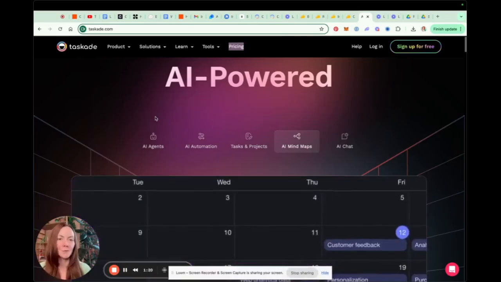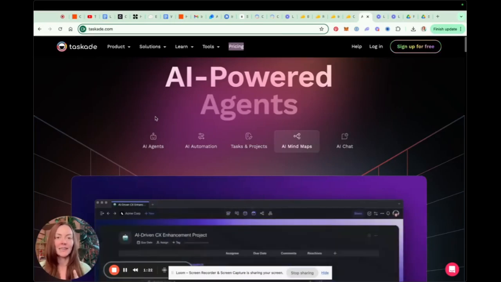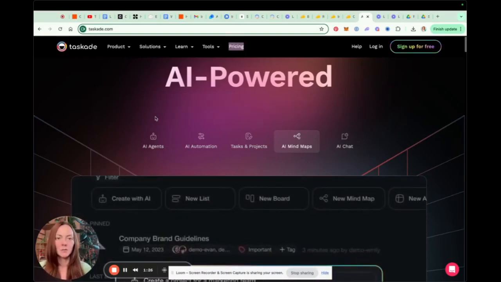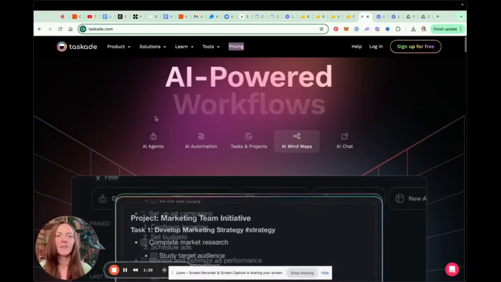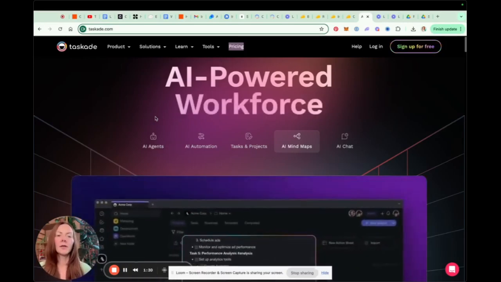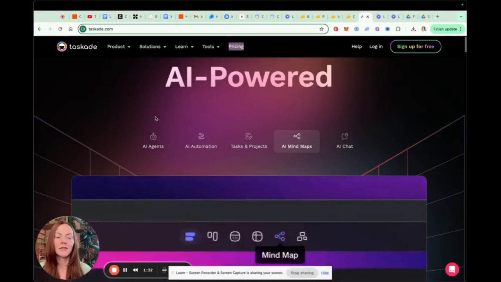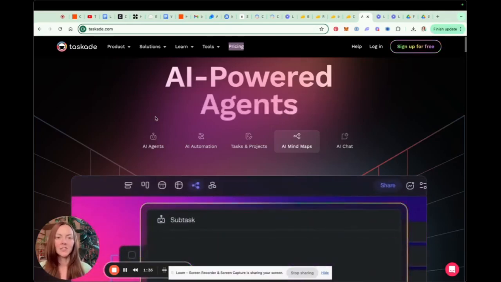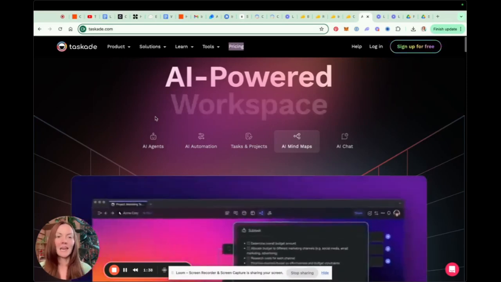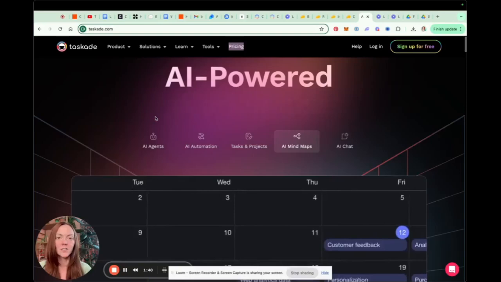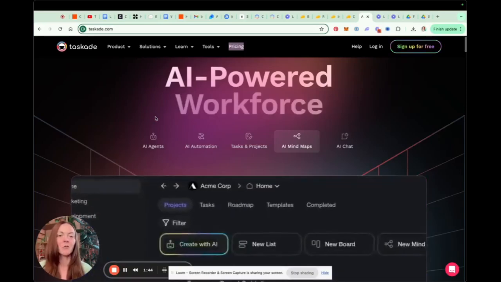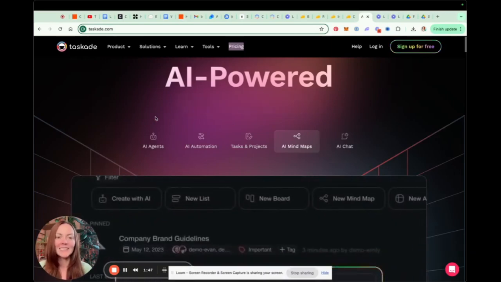So, for example, an AI agent is like your project in Claude or your custom GPT in ChatGPT. And agents are really at the forefront of this AI revolution right now as it relates to building an AI powered workforce. So, an agent is an autonomous system that can perform tasks.